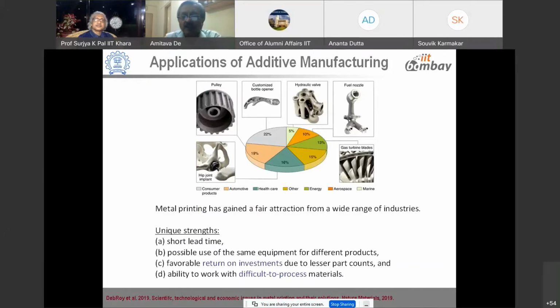Now if you look at this particular graph, additive manufacturing, or as it is often stated, metal printing, has gained a huge amount of attraction from a wide range of industries. As you see here, this pie chart shows it is almost there in every industry. If we look at, for example, healthcare, it's there for implants, and you know the reason why it is so, because